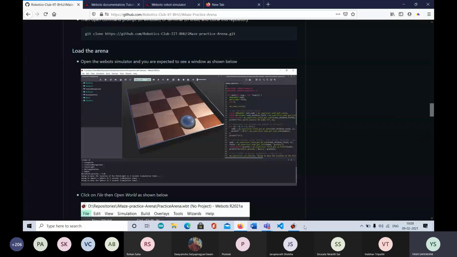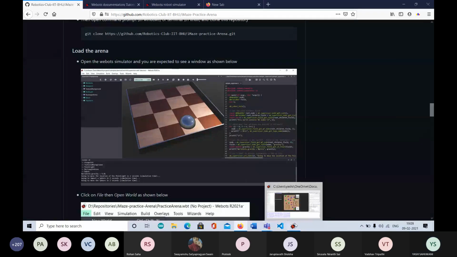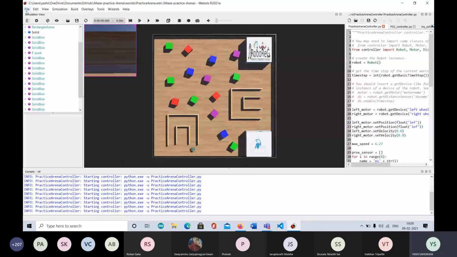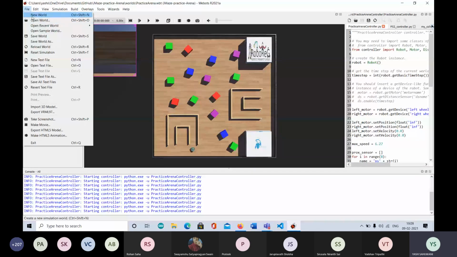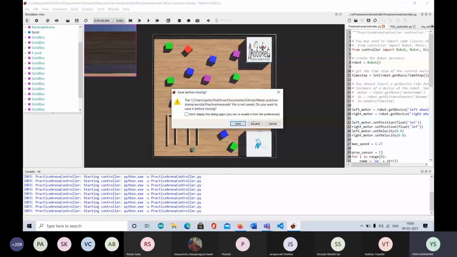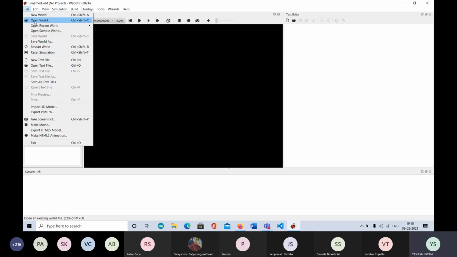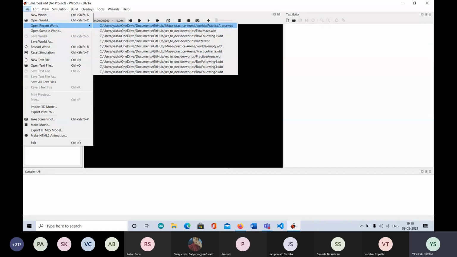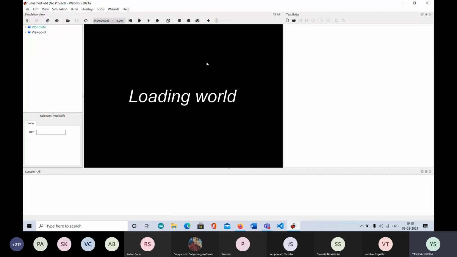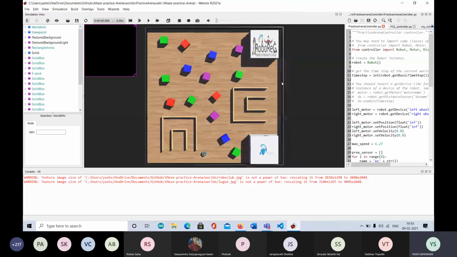Now when you open the Webots simulator, for example, if I want to create a new world, I'll click on new world, right? And it will just show me this blank screen, and then you can add many things. There are a lot of arenas and a lot of solids and shapes you can add. One of these that we have made is the practice arena for you guys, and then obviously there will be the final arenas. So this is the practice arena.